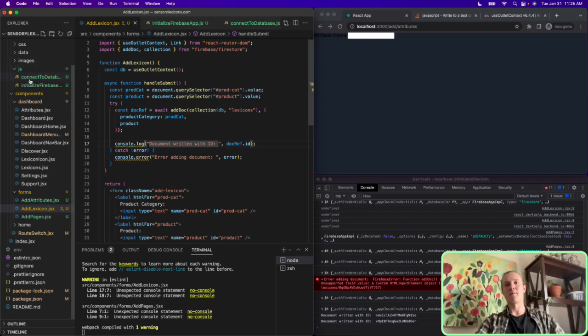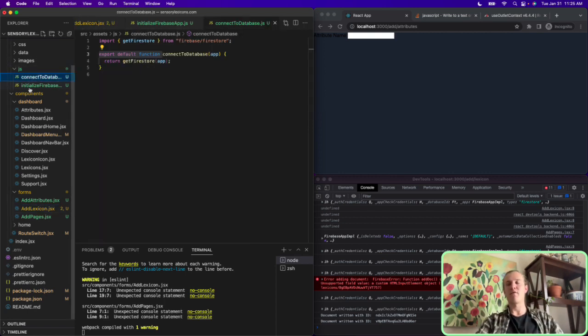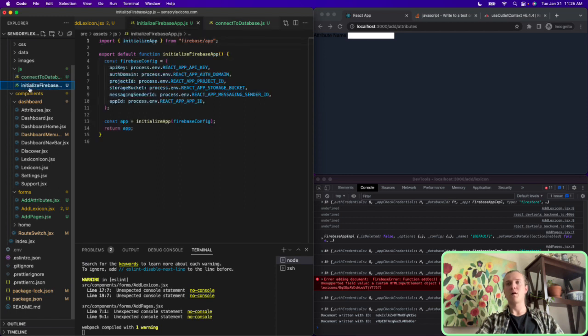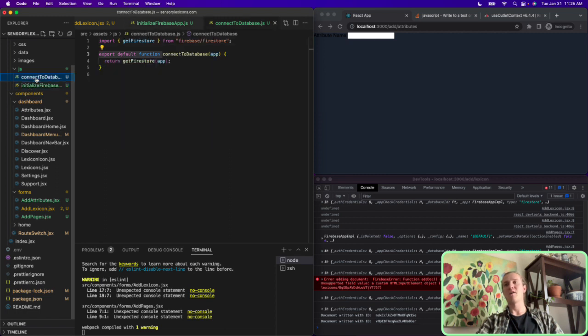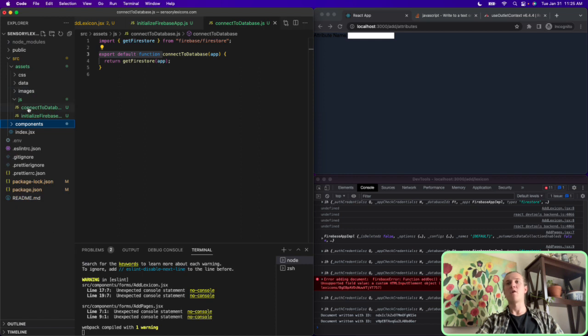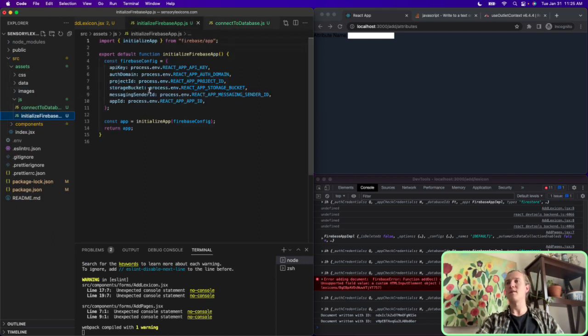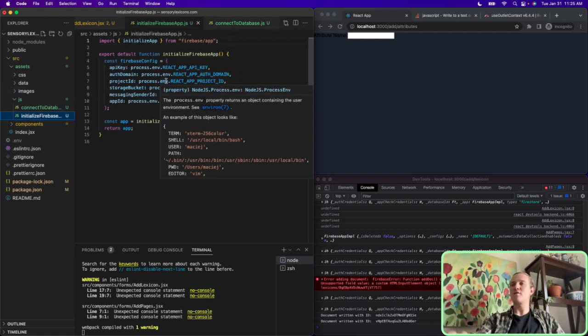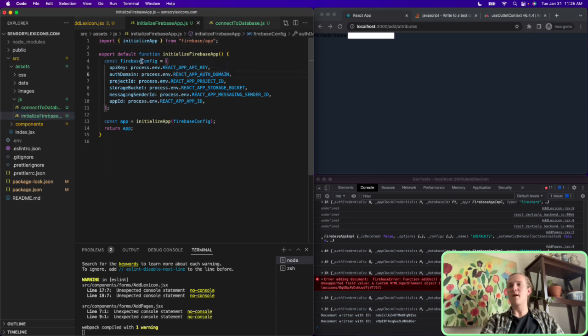Oh, in addition to that, I made these just vanilla JavaScript exports for functions for actually connecting to the database and initializing the Firebase app, which is awesome because that initialized Firebase app, I was scared that the process.env variables,